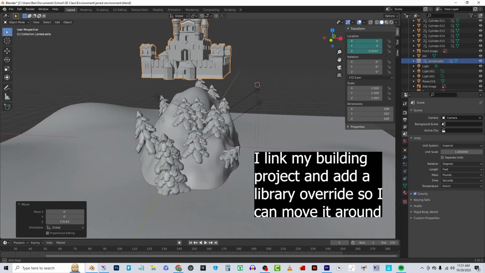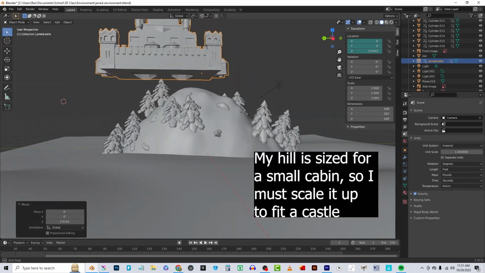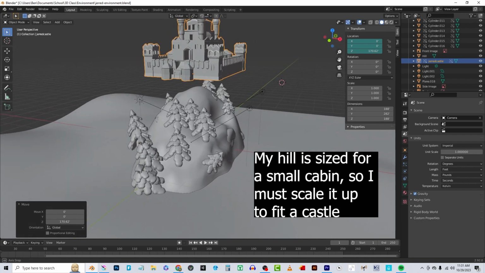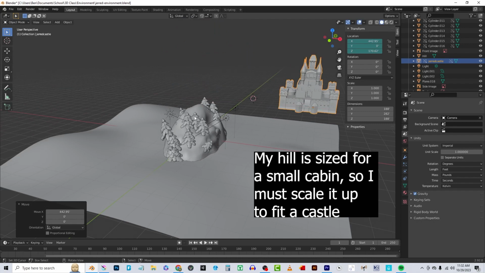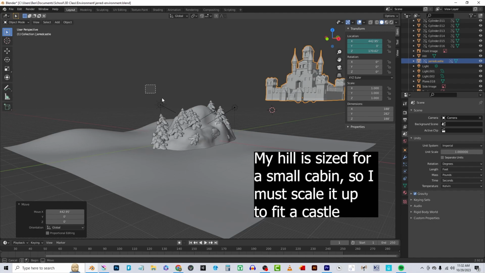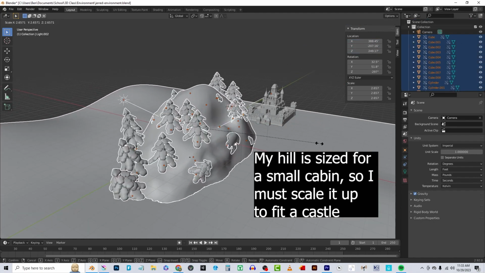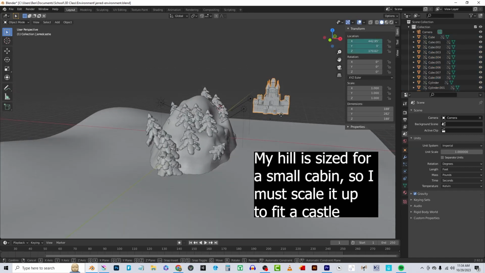But unfortunately, it looks like my hill is not scaled for a castle. It's scaled for a cabin. I could fit a small cabin, but a giant castle, I have to make some changes. So I'll move the castle out of the way. I'll select everything in the scene and I'll scale it up so it fits the castle better. Now I can move the castle back on top,